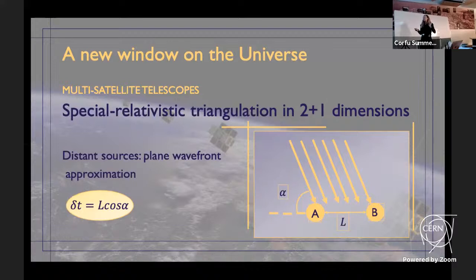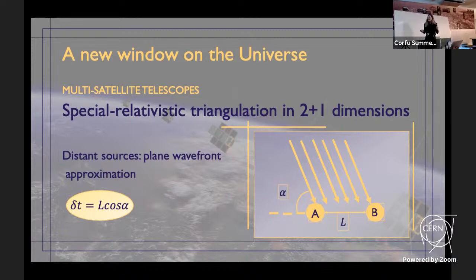We stick to a 2+1 dimensional case for the simplicity of the geometrical construction. So we will need at least 2 satellites to determine the direction of this source. In particular, if we call alpha the angle between the propagation direction and the direction in between the 2 satellites,